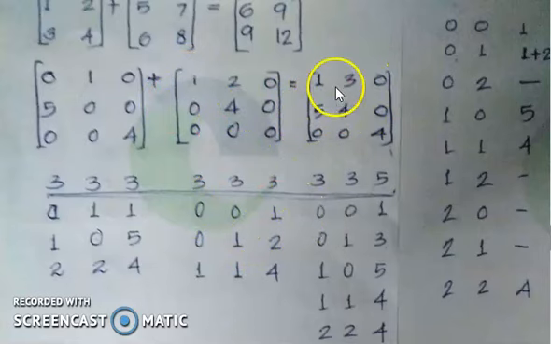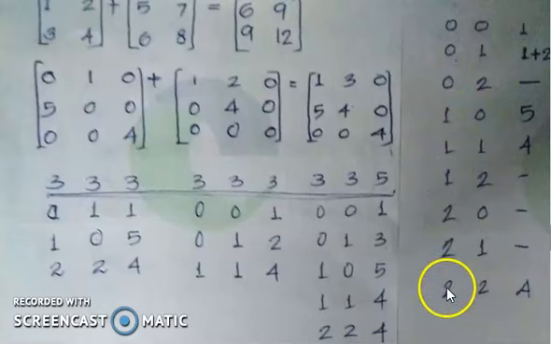Now let us see from these two how we can generate this one. The possible locations of a matrix having 3 rows and 3 columns will be 0 0, 0 1, 0 2, 1 0, 1 1, 1 2, 2 0, 2 1, 2 2. In order, these will be the locations available in a 3 by 3 matrix. Am I right? Now let us see how these values are present in this matrix.